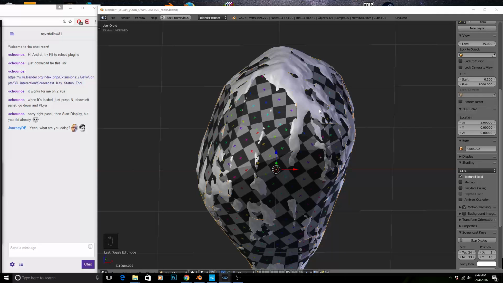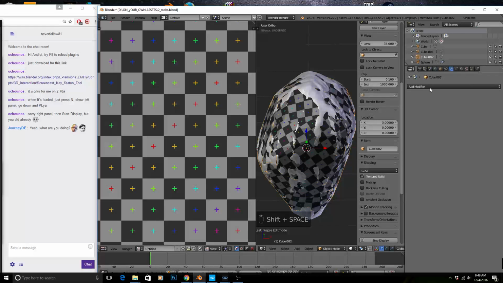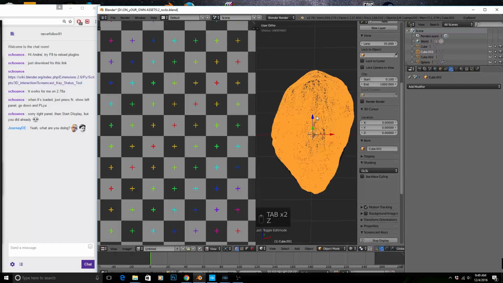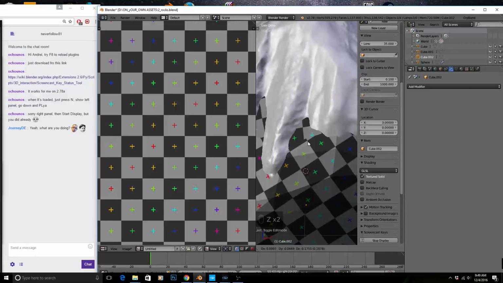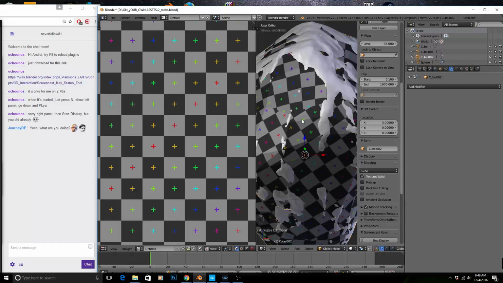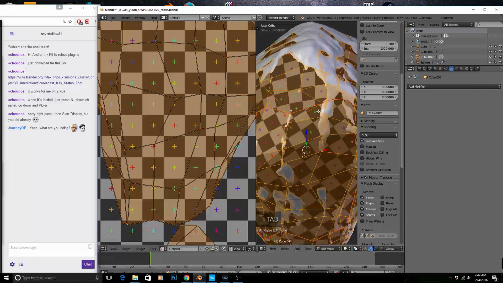So I'm showing how to do something like that, and especially if you have experience with sculpting, you'll find that to be a lot easier